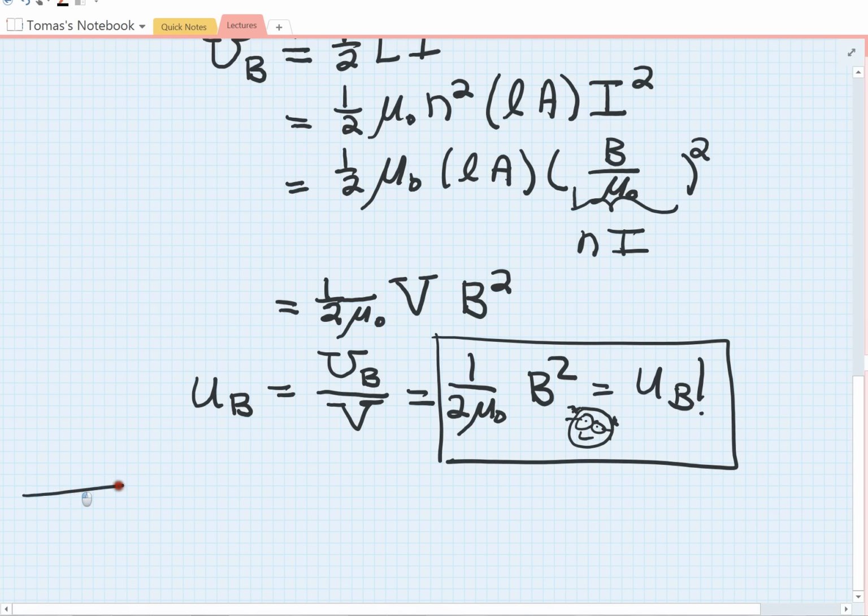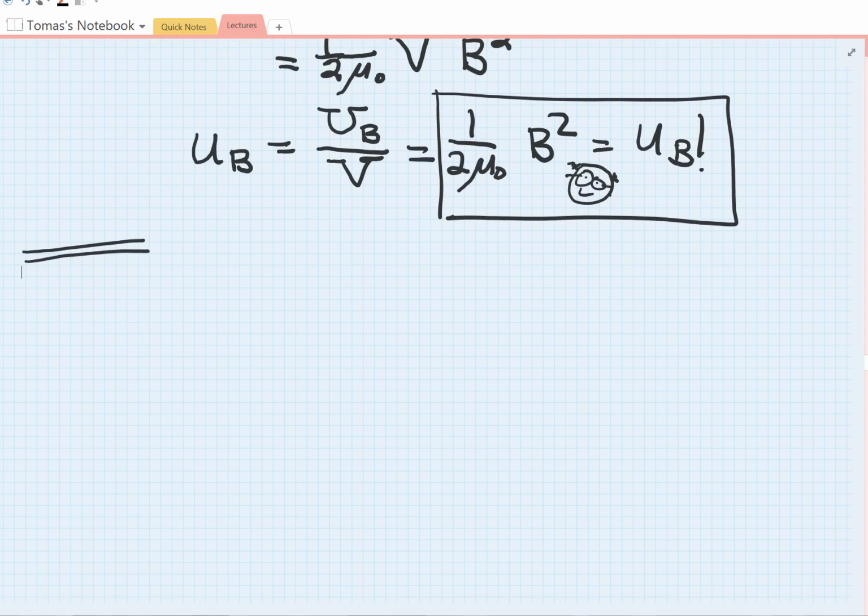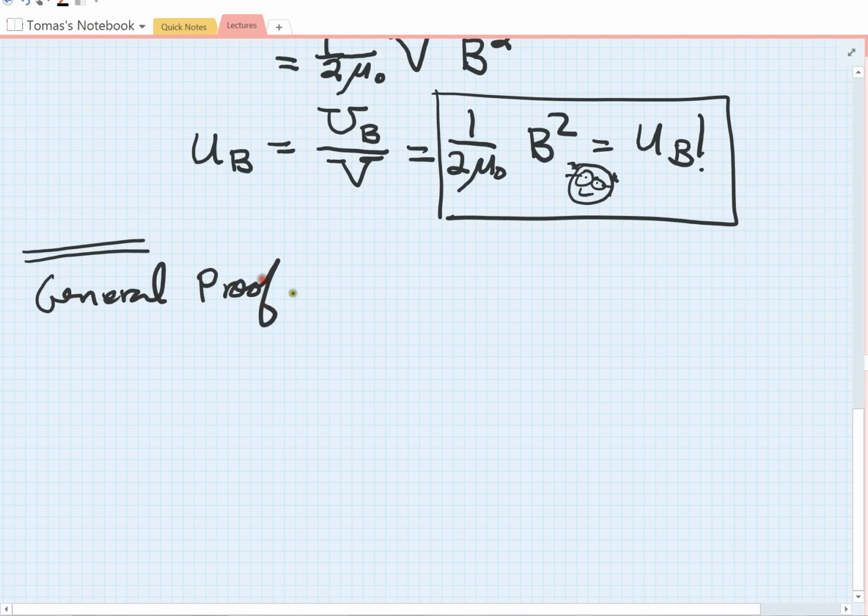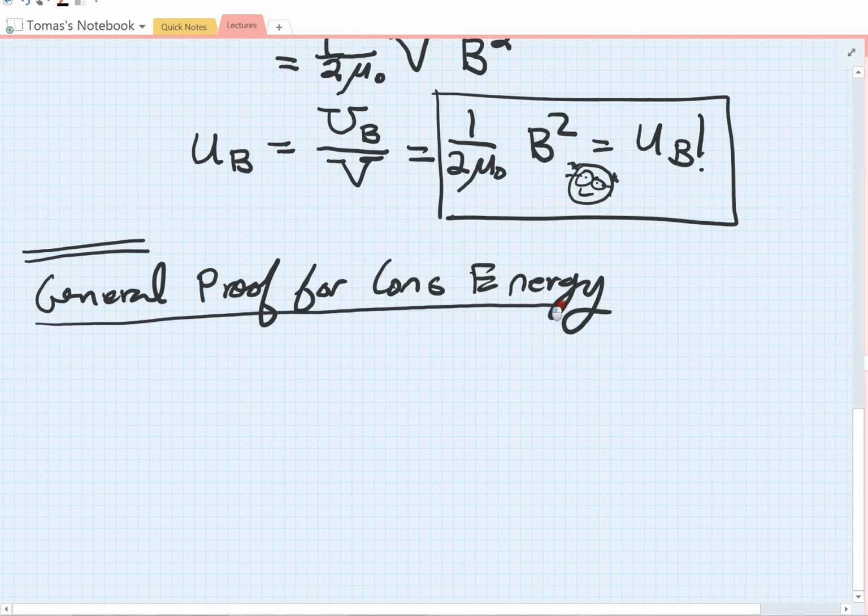But if we really want to prove this rigorously, we need to consider the most general type of situation and then prove that energy always is conserved. So I want to consider now how we would construct a general proof for the conservation of energy in the electromagnetic case. Now, for that to work, we are definitely going to have to use everything that we know about